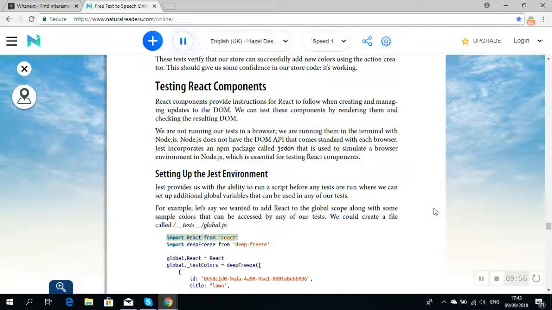Import React from react. Import deepFreeze from deep-freeze. global.React = React; global._testColors = deepFreeze([ { id: "8658c1d0-9eda-4a90-95e1-8001e8eb6036", title: "Lawn",